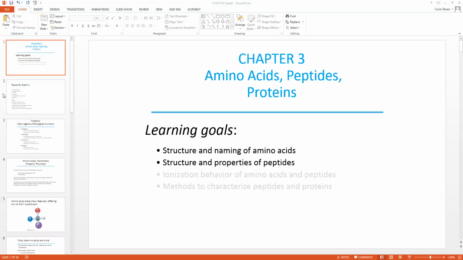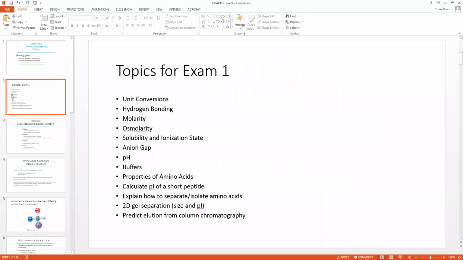So if we take a look at the topics that are coming up for Exam 1, just so that everyone's on the same page, you're going to be responsible for unit conversions, hydrogen bonding, as well as molarity and osmolarity. And then you're going to see some questions about solubility and ionization state, as well as the anion gap. And we're going to explore in detail pH and buffers, as well as what we're going to talk about today,